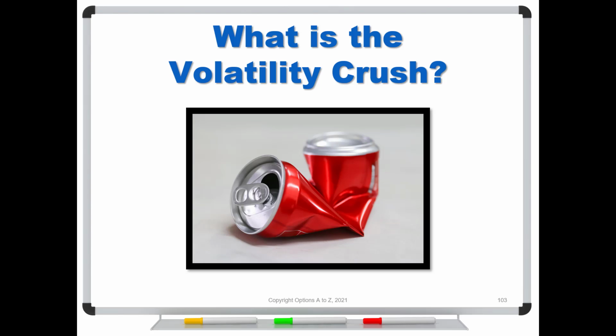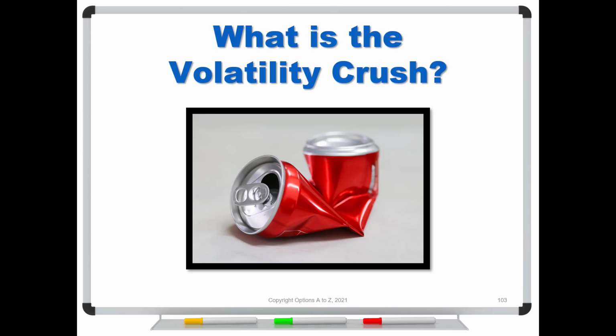So what is the volatility crush? Well, if it's a term you're not familiar with, you'll want to be sure to watch this video because it is a risk that catches every single options trader off guard at some time or another, and especially all of the new traders. So it's a risk that occurs when traders make a play on an upcoming earnings or maybe an FDA announcement, something that's quite common during the coronavirus pandemic. A lot of traders trying to play the news.